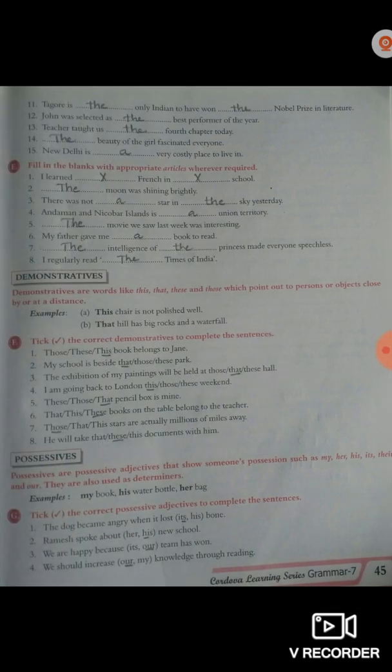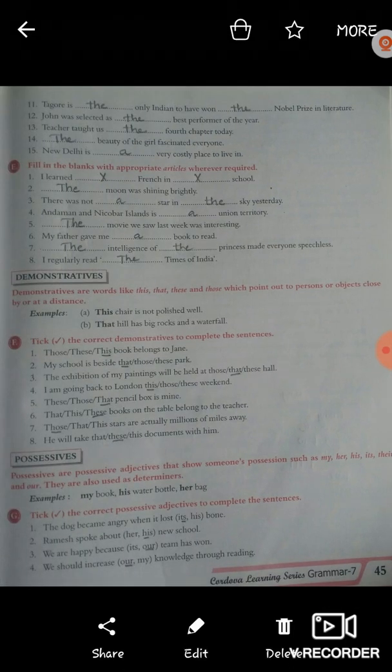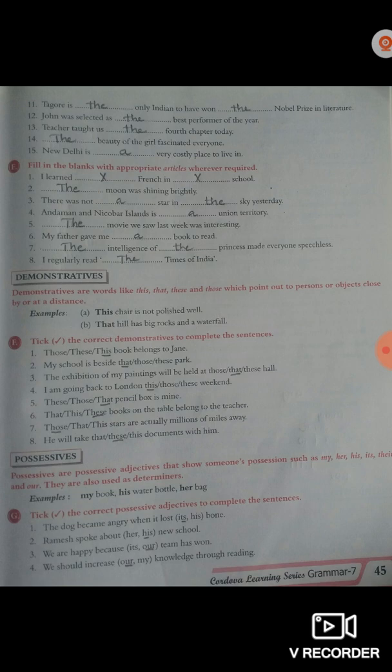Now page number 45. Eleven number, Tagore is the only Indian to have won the Nobel Prize in Literature. So put the in both. Twelve number, John was selected as the best performer of the year.